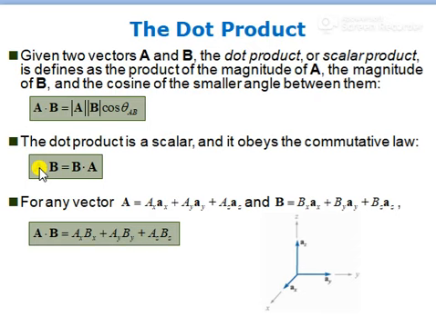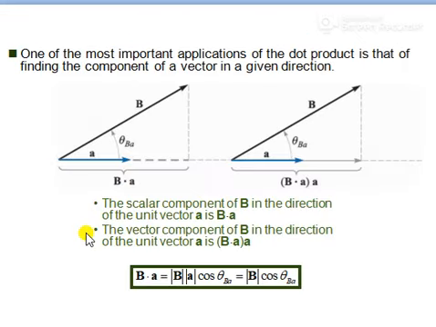Now if your unit vector is multiplied with itself, that is Ax dot Ax, then it will be equal to 1. If it is Ax dot Ay, it will be equal to 0. So for any two vectors, vector A and vector B, A dot B will be like this. You can multiply the components of both vectors: Ax Bx plus Ay By plus Az Bz. This is the dot product and properties of the dot product.